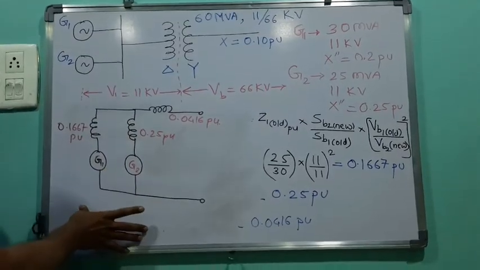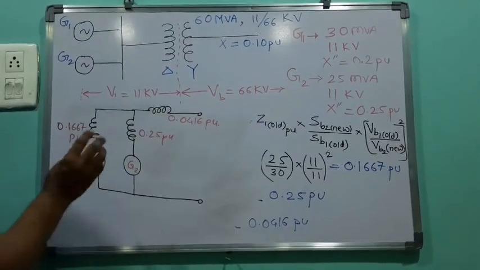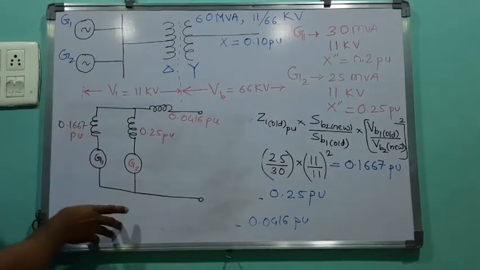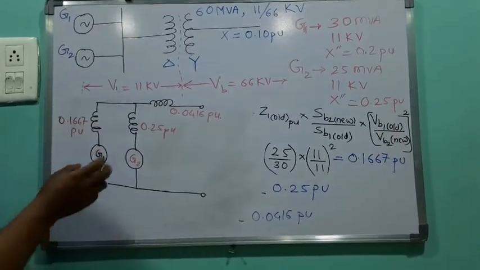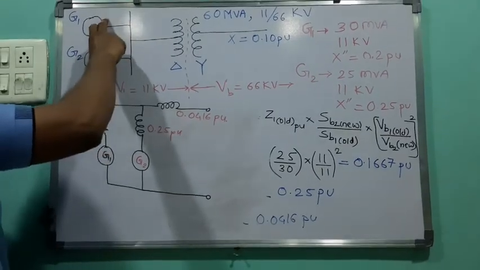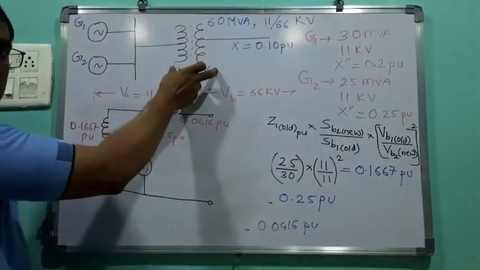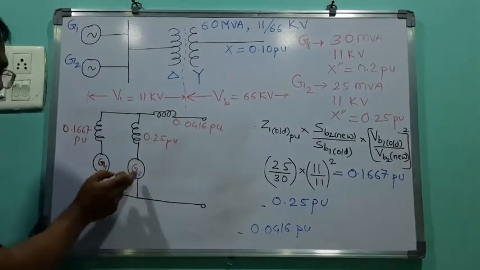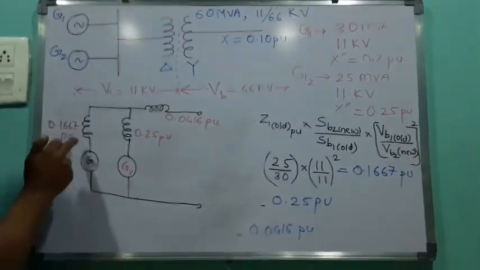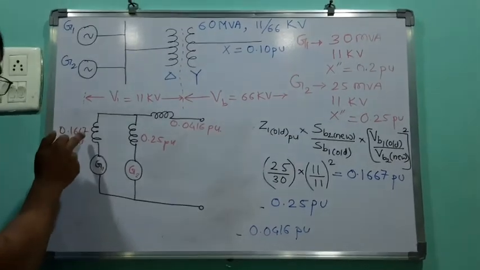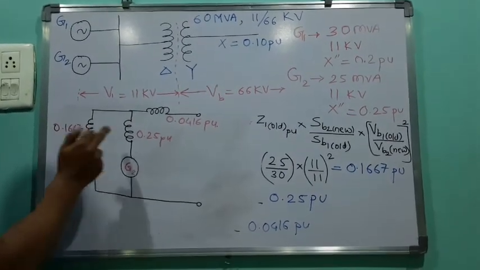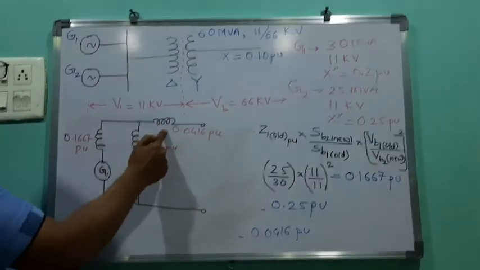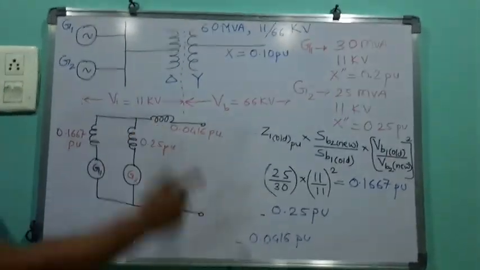I am just telling you one more time that while drawing the reactance diagram, you first have to take the parameters. There are two generators which are in parallel. One is a transformer. So this is generator 1 and this is generator 2, both in parallel. Considering the reactances, this is the reactance for G1 and this is the reactance for G2, and now this is in series with your transformer, so this is the reactance for the transformer.